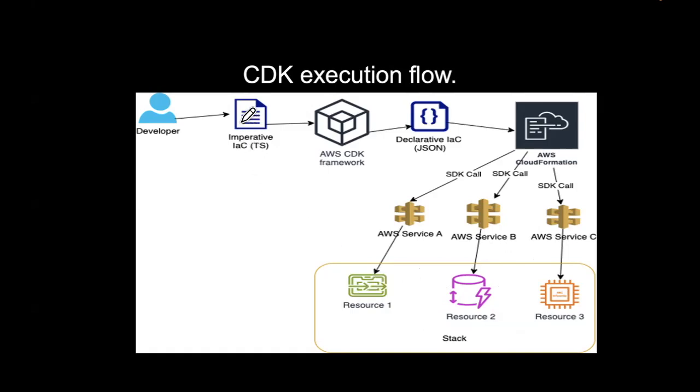And as before, if I want to change my infrastructure down here, I make the change to my code. You can think of the code as describing the infrastructure that you require. You don't have to worry about the order in which things are created. Okay, so I change my code. Again, I get the CDK framework to generate a new CloudFormation template.